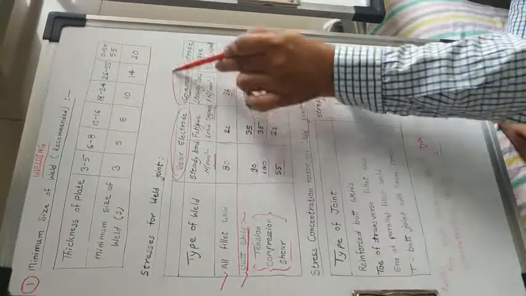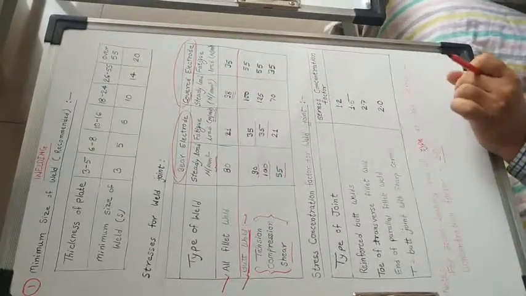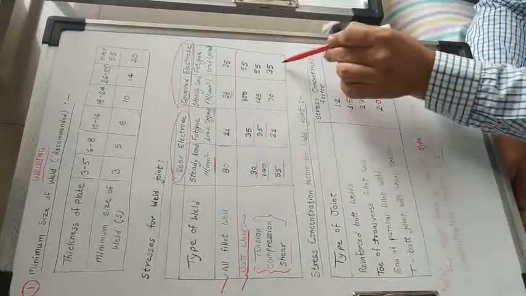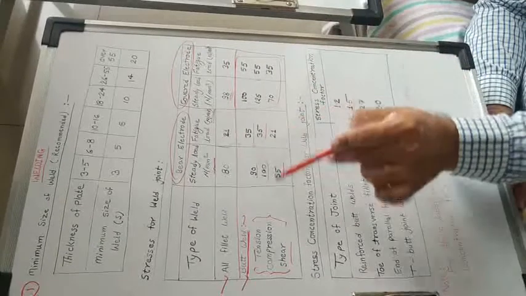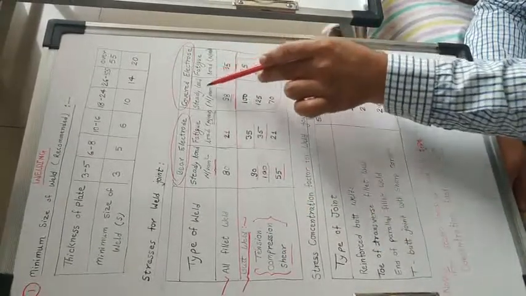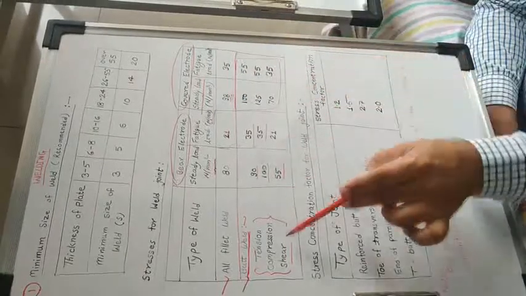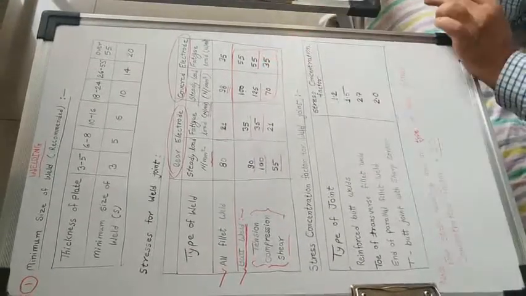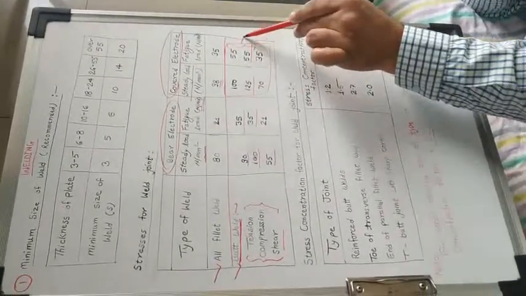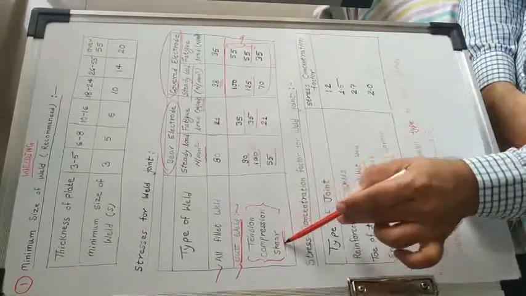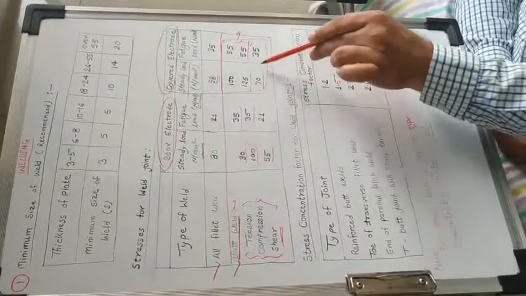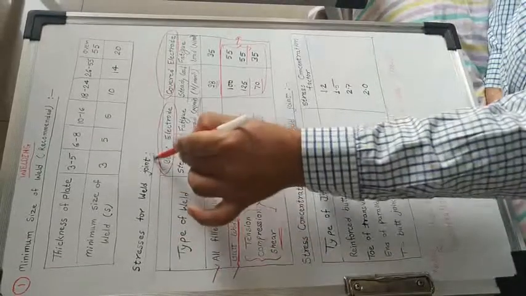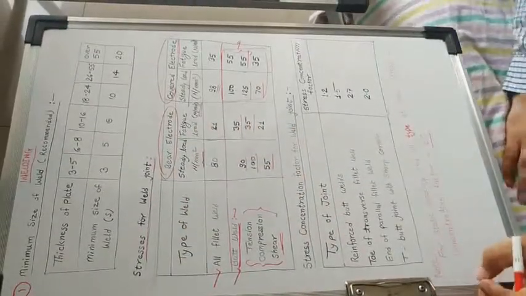And if we consider a covered electrode, generally for arc welding we consider a covered electrode, because we get more strength. If you see the stress consideration, for tensile it is 100 for static load, and for fatigue 55. Compression is 125 Newton per mm square, and for fatigue load it is 55 Newton per mm square. For fatigue it is nearly the same for tensile and compression. Shear stress is 70 Newton per mm square, and for fatigue load it is 35 Newton per mm square. So this is the stress we have to consider during designing of the welding joint.